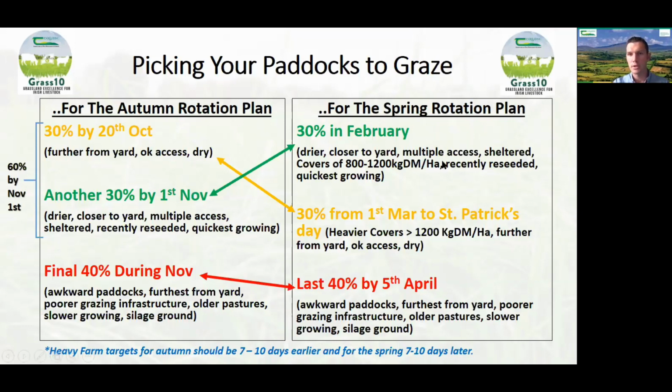So drier, closer to the yard, good access obviously, so that we can go in one gap, come out another maybe, and maybe not have to go in and out the same gap multiple times, because obviously you're not going to have huge numbers in the month of February. Sheltered obviously, so that if we have cold spells or anything, that they're not exposed. Again, they're slightly vulnerable, and again that re-emphasizes the point that Joe makes about having that transition group, I suppose,